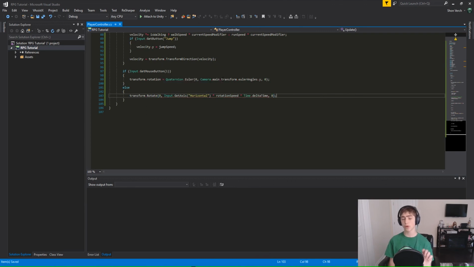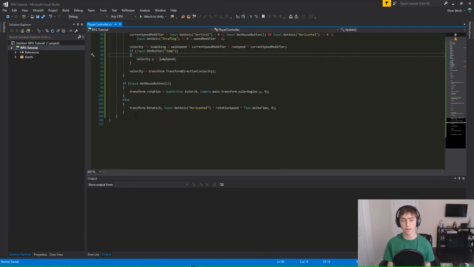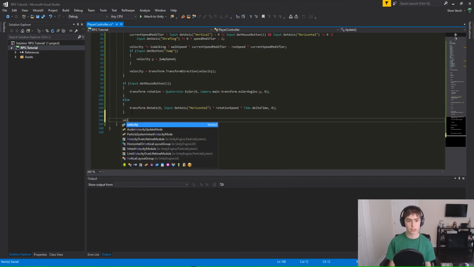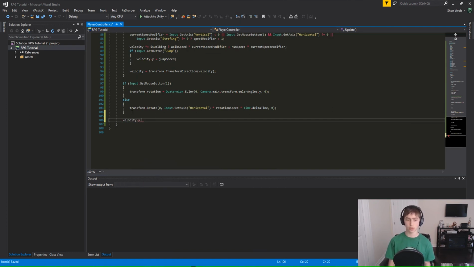Another thing is, we're not multiplying our velocity by Time.deltaTime because we're actually going to be using the character controller to move. So the next thing is just set our velocity.y to be gravity. Multiply by Time.deltaTime here, because that's still in effect. And then last thing is set isGrounded. So we can actually